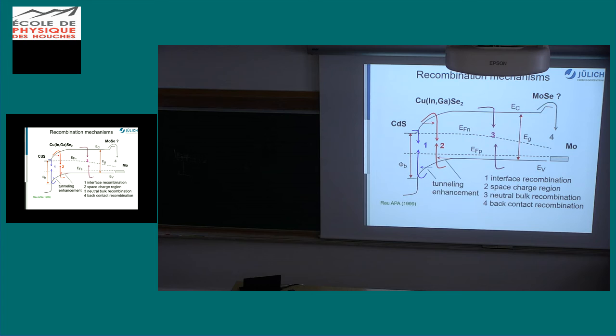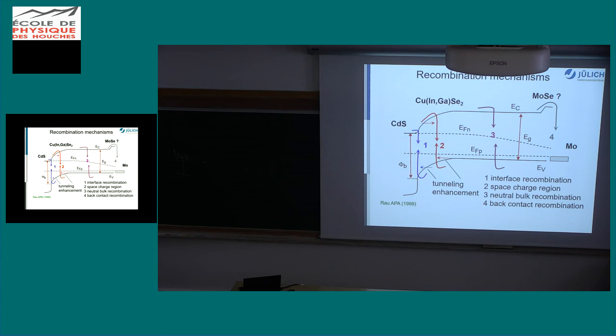If there's a band offset, it would mitigate a little bit, but as we know by now, it's not really the nice thing from the III-Vs where you can really tune it. So the back interface is still kind of bad in CIGS, and people are working with passivation schemes to get better here. So that's for the back